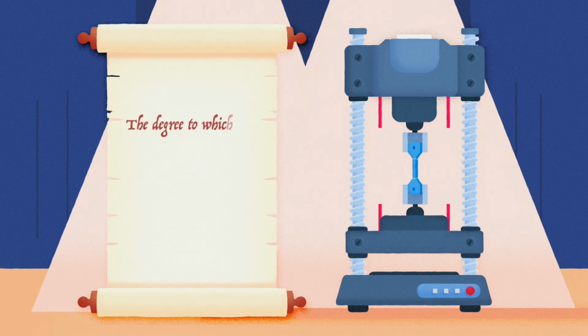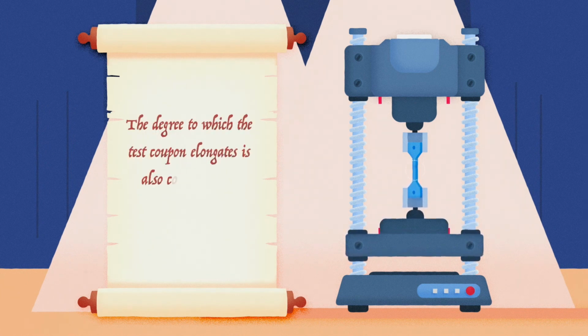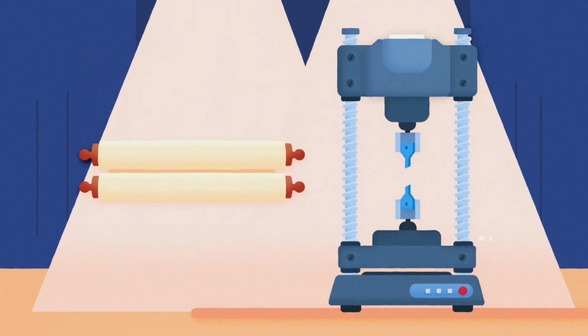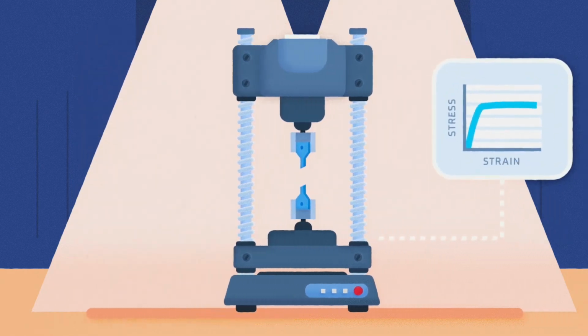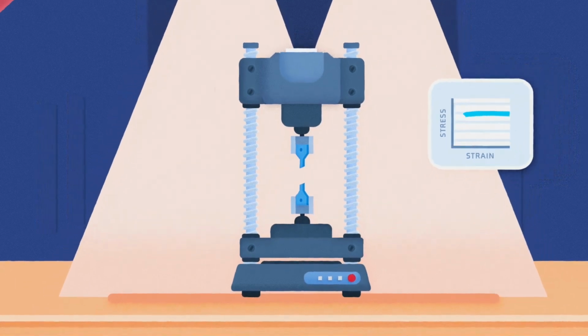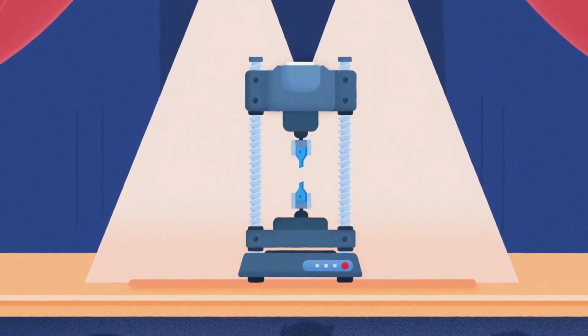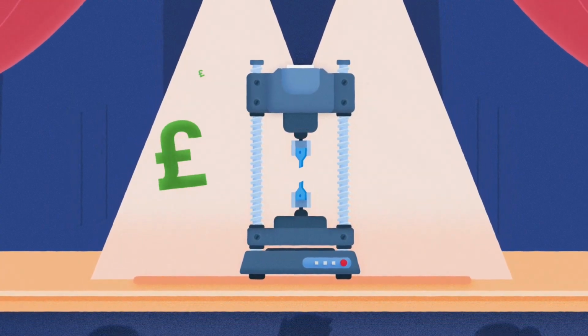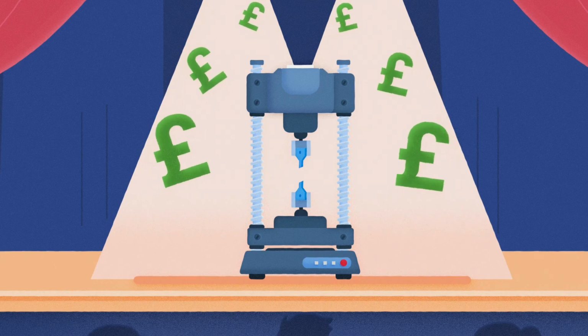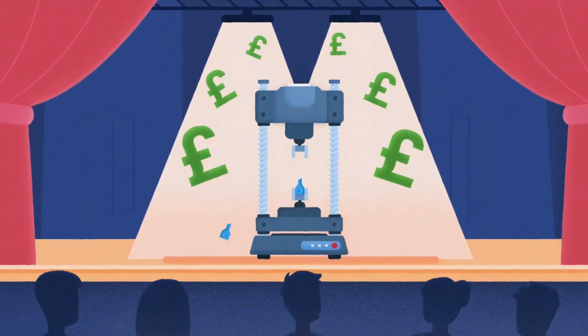The degree to which the test coupon elongates is also continuously monitored, and when the test finishes, the measured forces and displacements can be converted to stresses and strains, such that the stress-strain curve can be obtained and analyzed. However, tensile testing also suffers from some limitations, including high capital investment costs, coupon preparation difficulties, and clamping and slippage